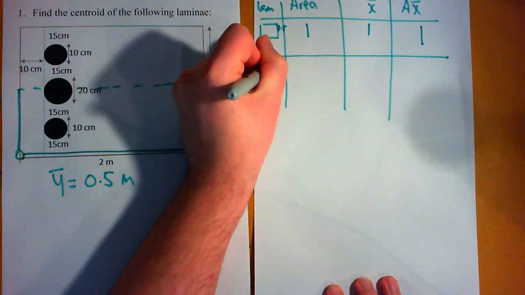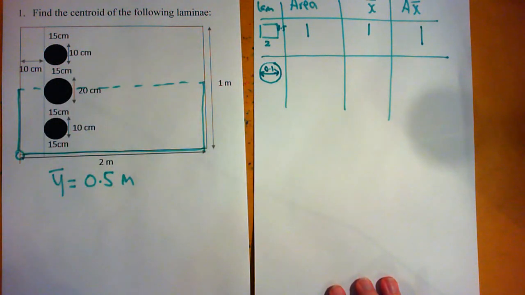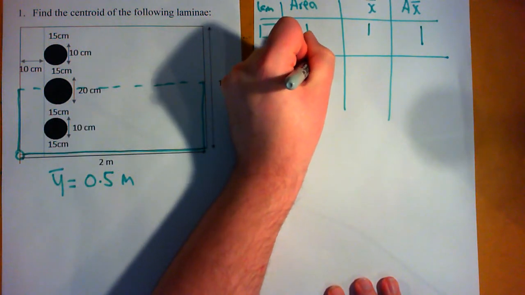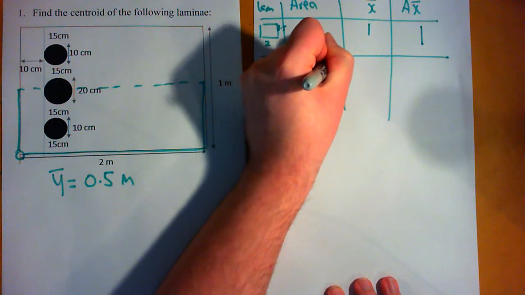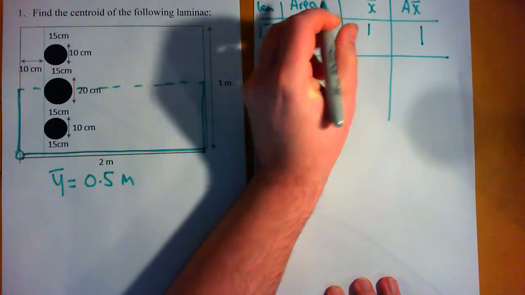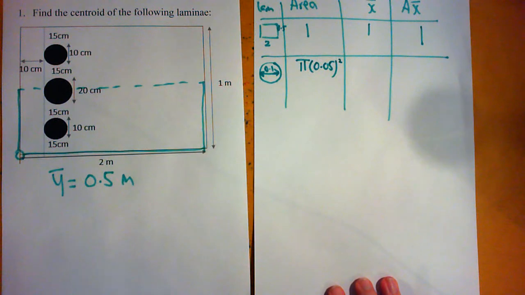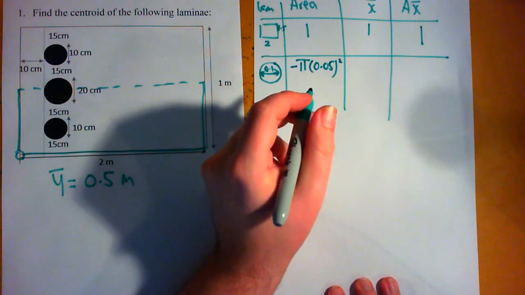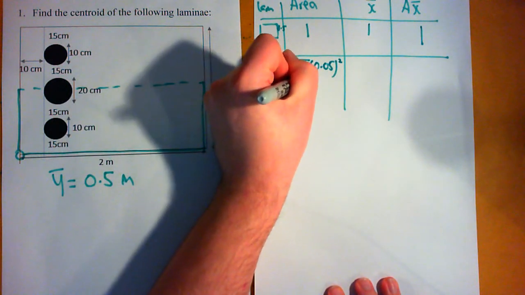...which is 0.1 metres. We need to find its area, which we can work out in terms of pi r squared. The radius is 5 centimetres, which is 0.05 metres. The area of a circle is pi r squared, so this is pi times 0.05 squared. It's a hole, we're removing mass, so it's going to be negative, and this turns out to be negative